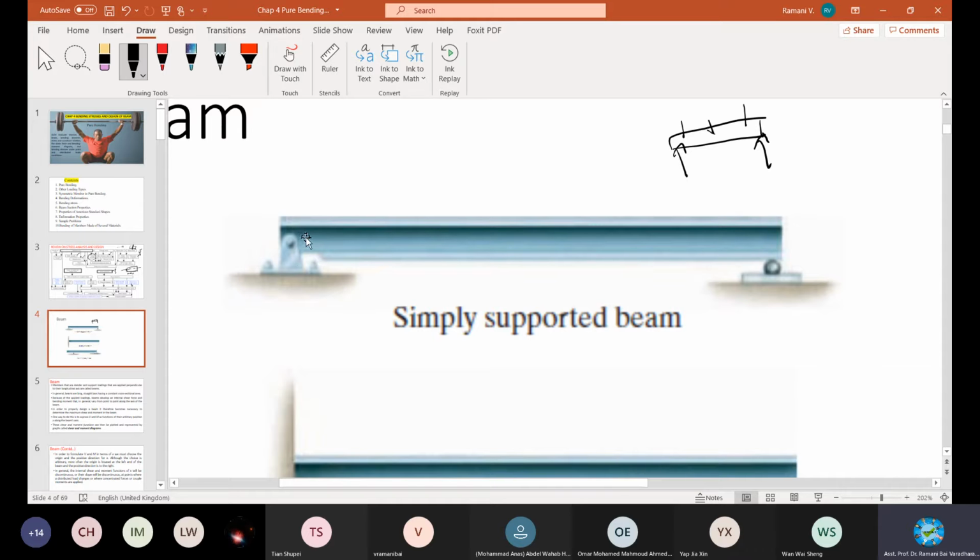A beam is kept on this. A pin is also relatively like this. Pin means it is attached, like a glue. Or it can be a roller, a ball which can roll. So all these types can be called simply supported. There is a different response from the support conditions, and the beam can rotate because it is free to rotate.